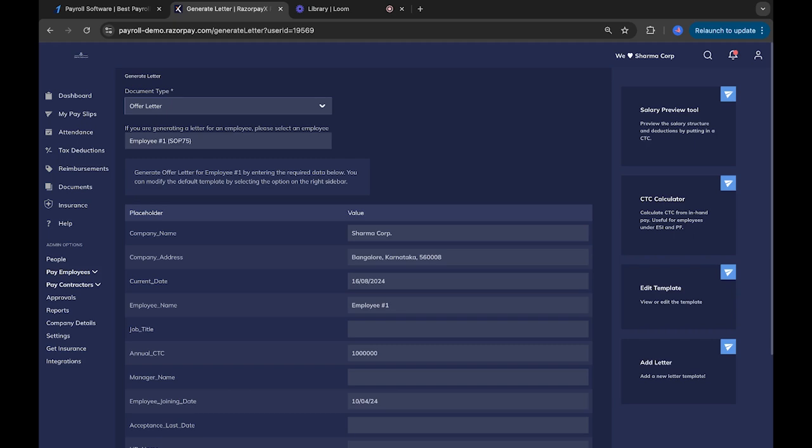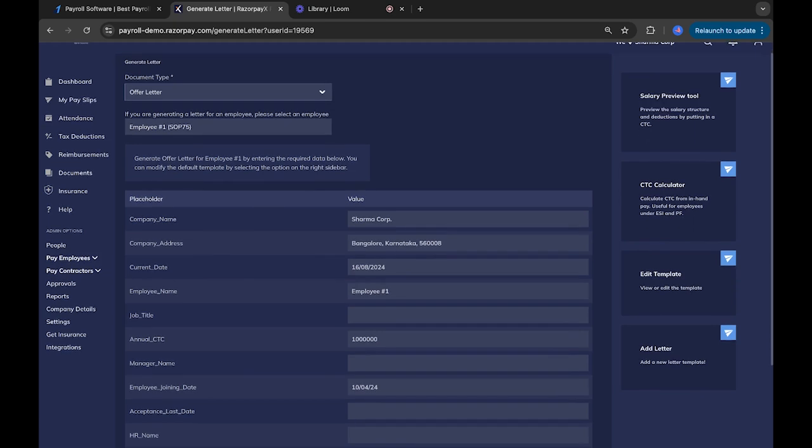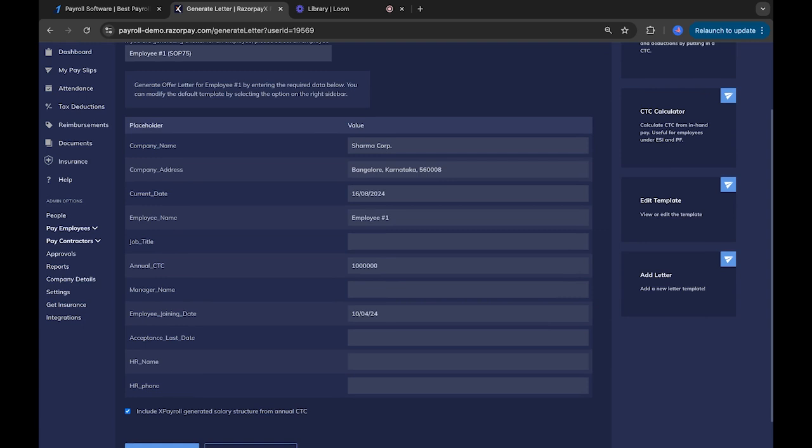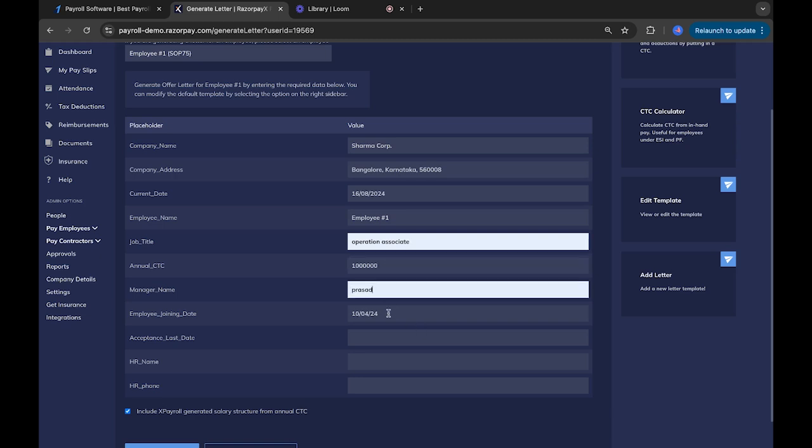In order to generate an offer letter, you will first need to select the employee, go ahead and put across their values across the placeholders, for example, company name, company address, current date, employee name, job title, put across their annual CTC, give them a manager name, put across the employee's date of joining, last date for acceptance of the offer letter as well, the HR name over here, and the HR's phone number in case you want to